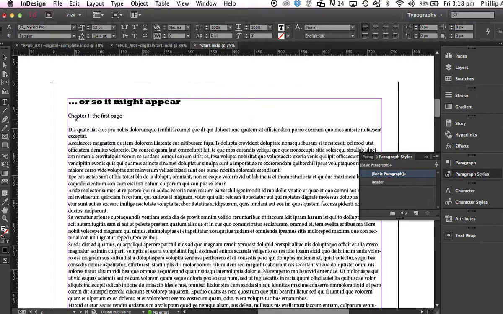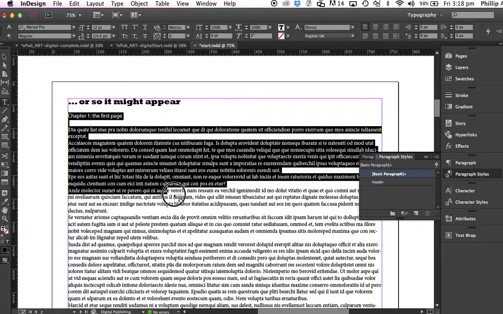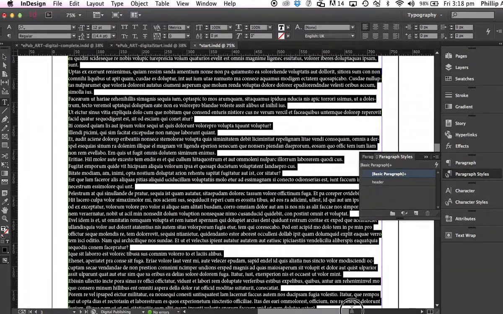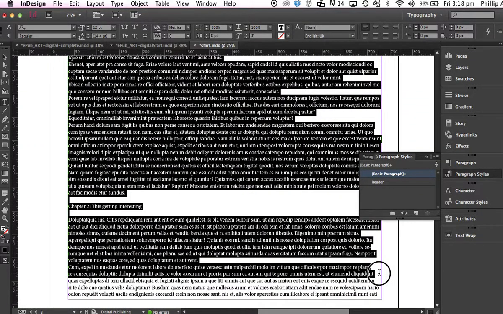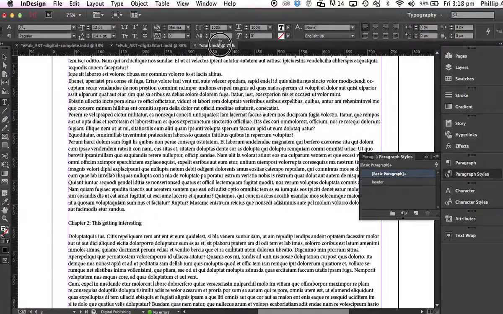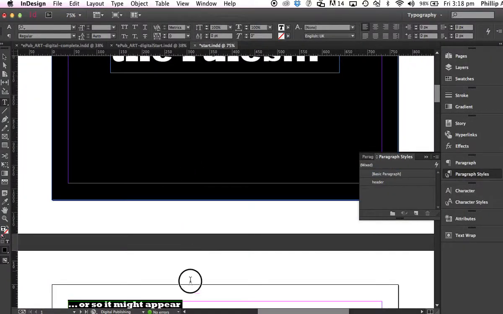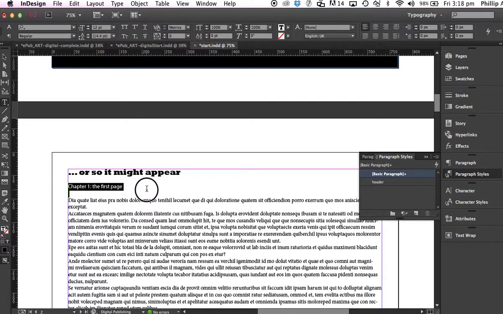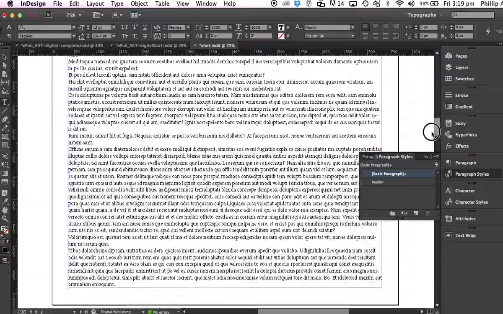I like this font actually, so I'm going to select all of my text just to make this a little bit faster. Instead of scrolling, in fact I might just show you that, it's probably an easy way to work without having to scroll through. I've got it selected at the beginning, and I can click here, hold my shift key and go all the way to the end. Actually, I'm just going to select that paragraph anyway, not to worry, and go all the way through and hold my shift key,